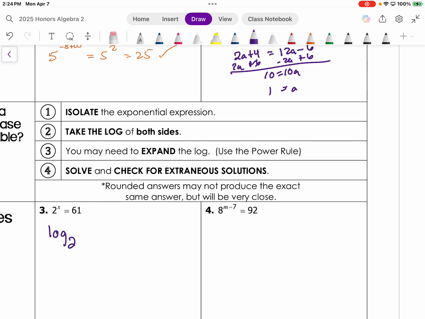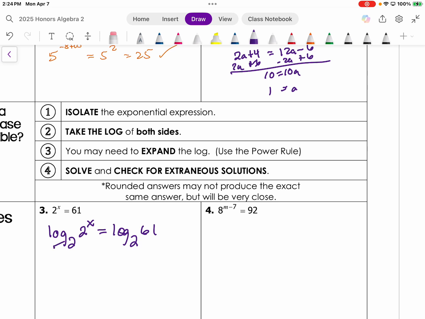Log base 2 of 2 to the x equals log base 2 of 61. Whatever your base is, whatever that number is being raised to the x power or the exponential power, do the log of that base to make your life easier. You can do log base 10. The challenge is it's going to take a lot more steps. So I would take the log of the base that you're dealing with on both sides. So now,